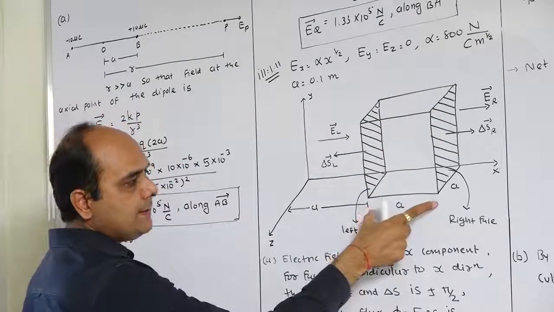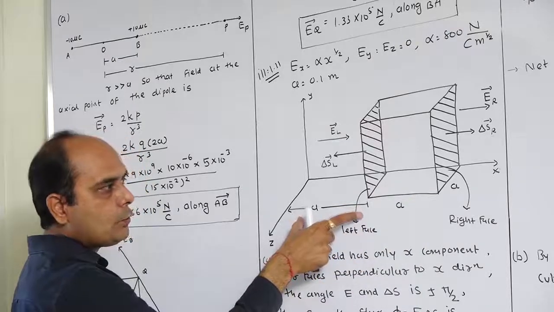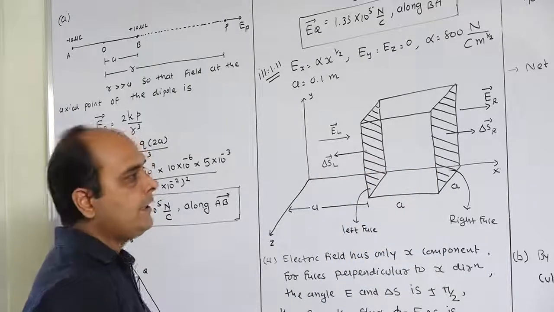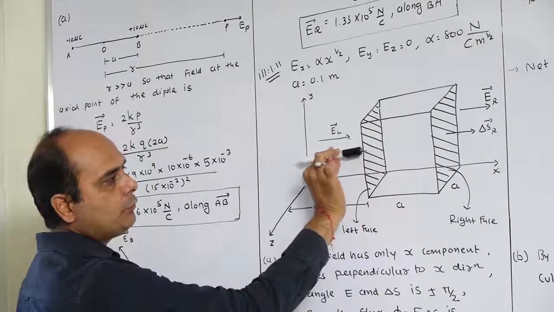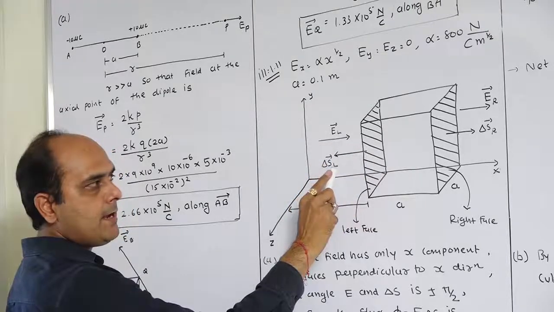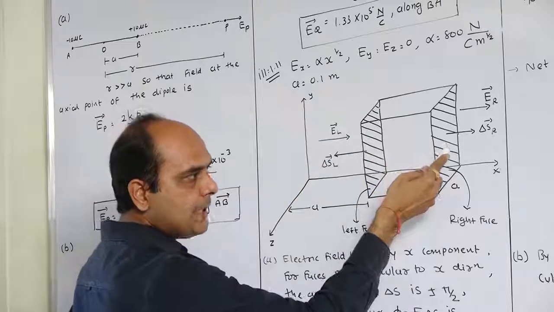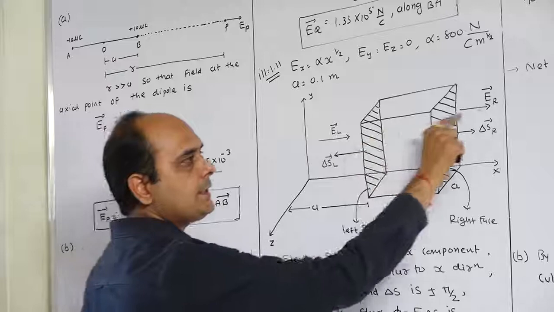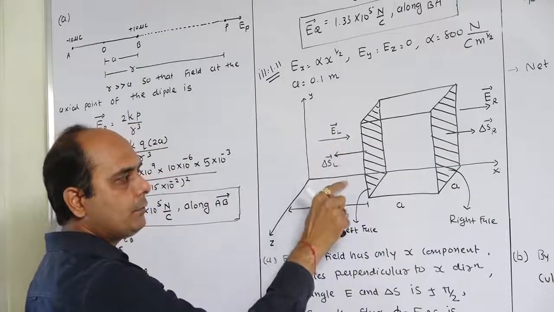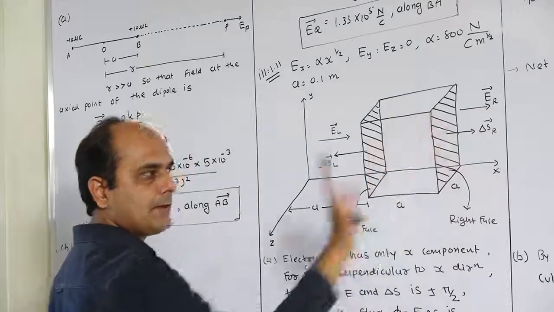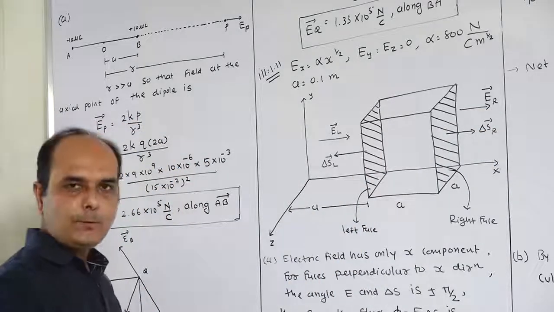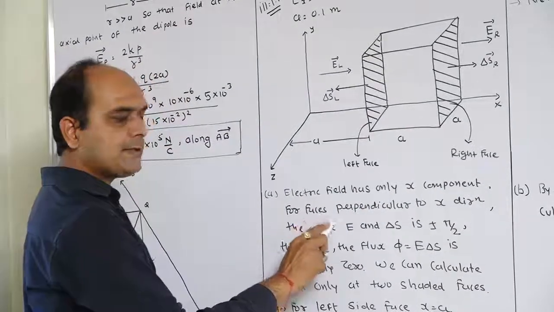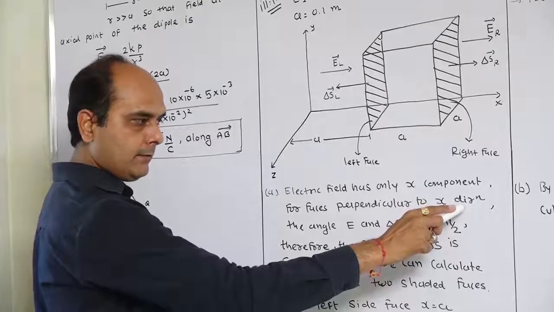Okay? This much length is a. This much distance is also a. This is our left side face, and this is our right side face. The area vector of the left side face is normal to the plane, towards left. It is delta SL. The area vector of this right side face is normal to the plane, towards right side, delta SR. Electric field is in the same direction x. This is the electric field for the left face, and this is the electric field for the right face. Okay? According to your first question, student, electric field has only x component. For faces perpendicular to x direction,